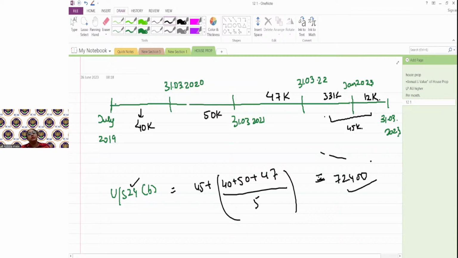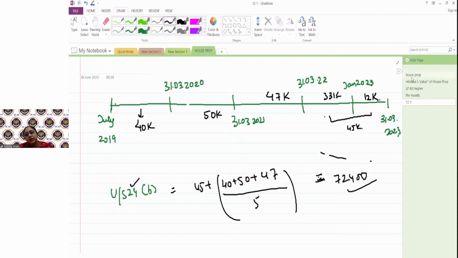ठीक है, तो गाइस प्री कंस्ट्रक्शन पीरियड बहुत जरूरी है समझना. People make mistake in this, so do not make mistake. Please, this is extremely important. चले आगे. So now that's how